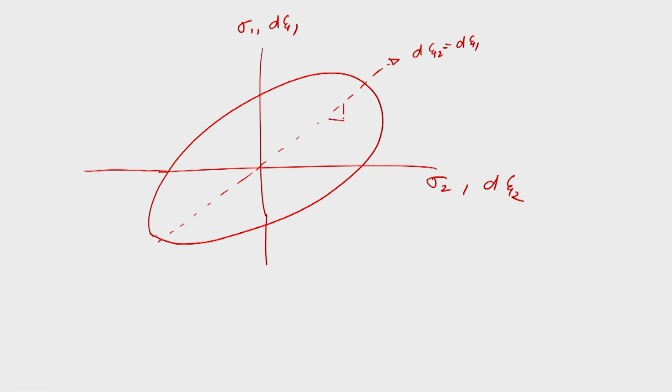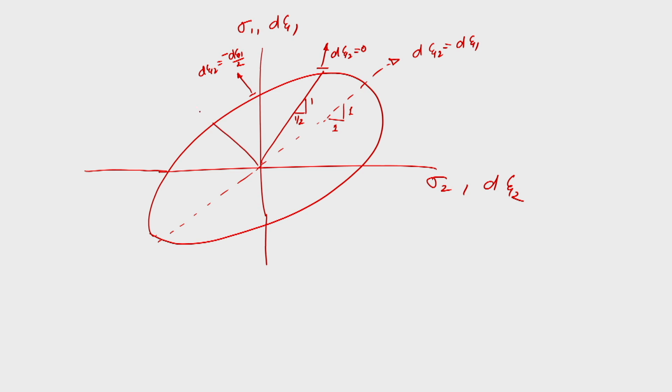So, this slope is 1 and 1, and this is a case where you have slope half. Then from here you can just draw it as d epsilon 2 is equal to 0, and this is d epsilon 2, d epsilon 2 is equal to minus d epsilon 1 by 2.